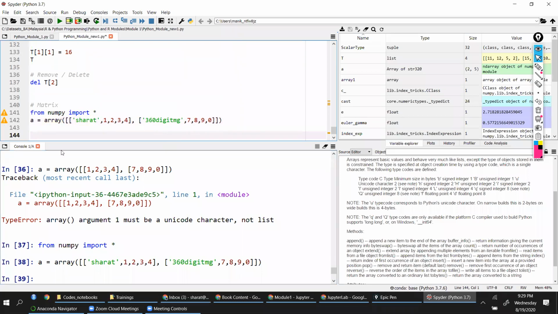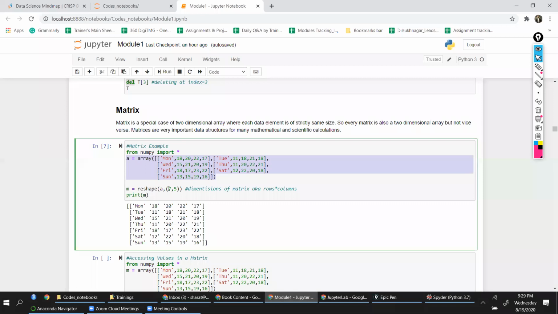And we will be using a function called reshape. Okay, so I will say m is equal to a dot reshape, and then we'll have to give dimensions. So 5 comma 7 or 7 comma 5, sorry.